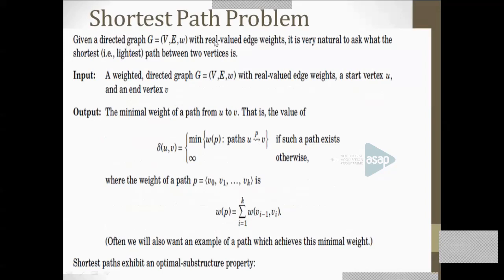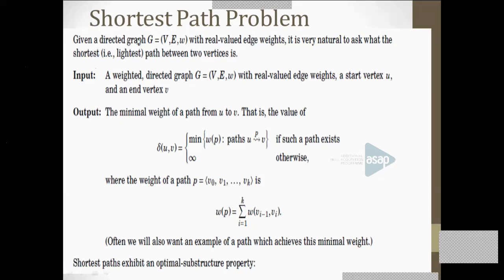Before going for the all pair shortest path problem, you should have an idea regarding what the shortest path problem is. The shortest path problem has significance in the real world also. If you are traveling through many cities, you will be interested in the shortest path problem or the minimum cost problem. This is actually an optimization problem. You are optimizing the distance, and if you are interested in cost, you will optimize the cost. Here we have considered the distance. That is why it is the shortest path problem.